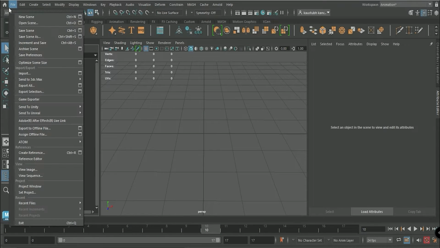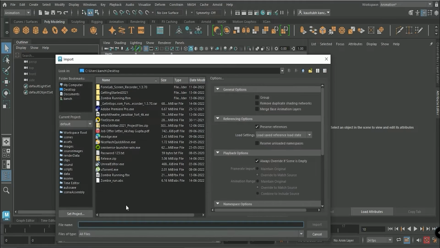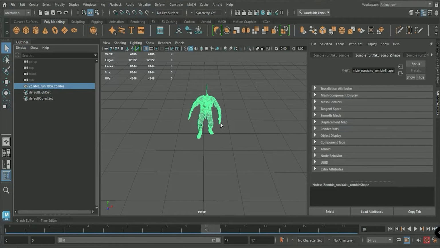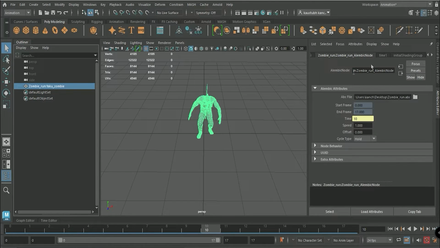Now again go to File and import your ABC file, your Alembic file. Once you import your Alembic file, you have to go to the Alembic node. Then here you have to keep the cycle type as loop. Now if you have more than one character,